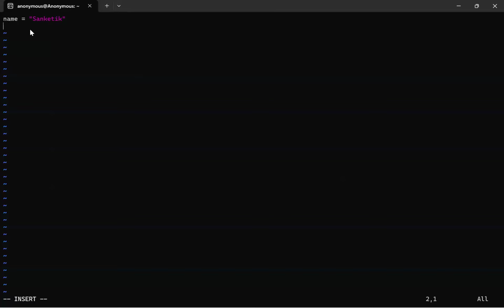Now it is a name. Now I want to store the number also. I want to assign some number to some variable. So here I am taking another variable. The variable name is called count, count equal to 5. Okay, next,